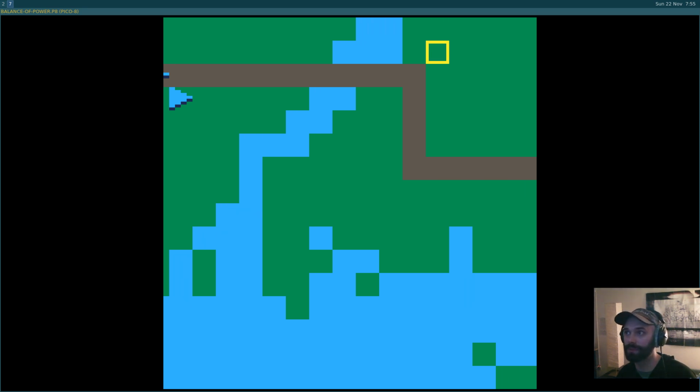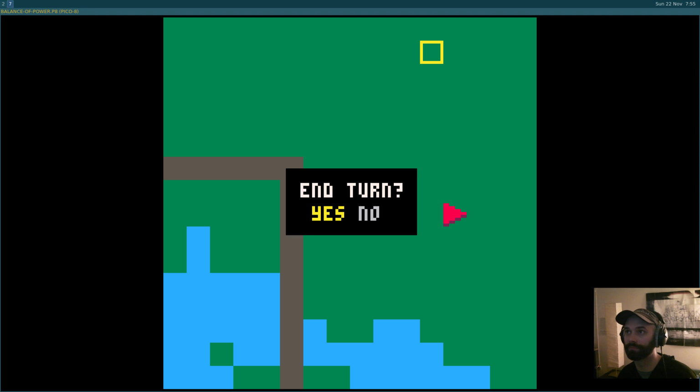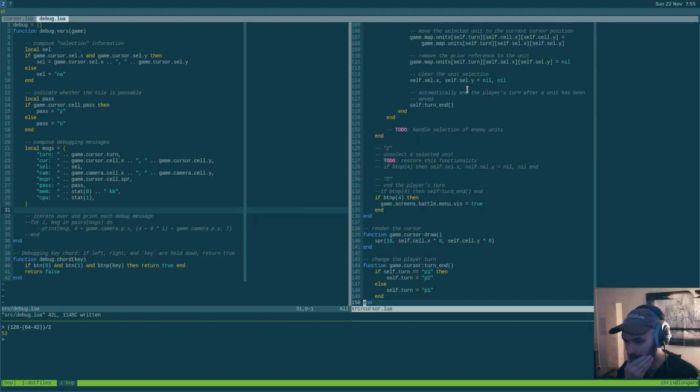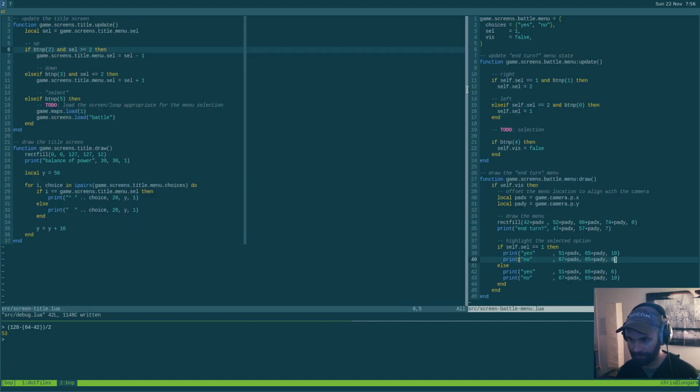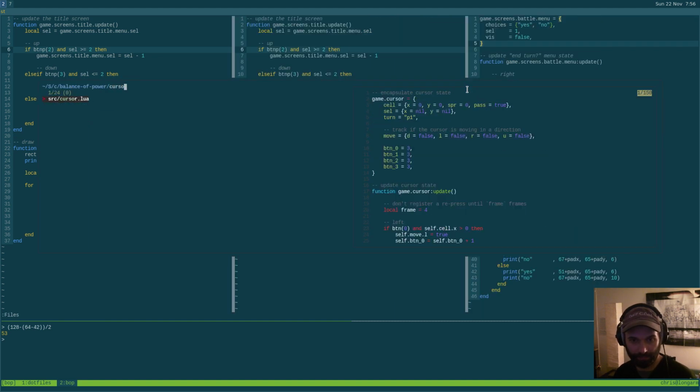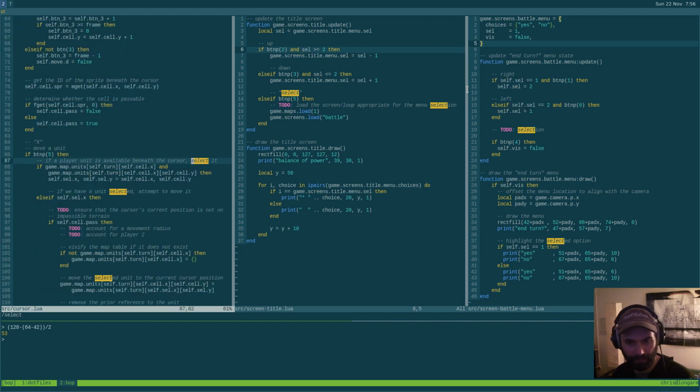Make sure this still works. Okay, and then selection. If the select button is pressed, which is button 5,